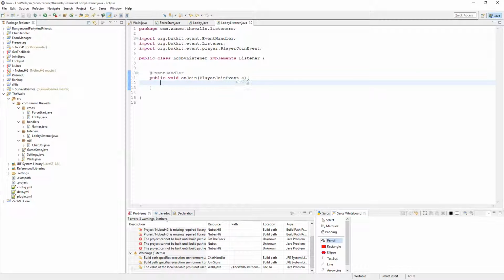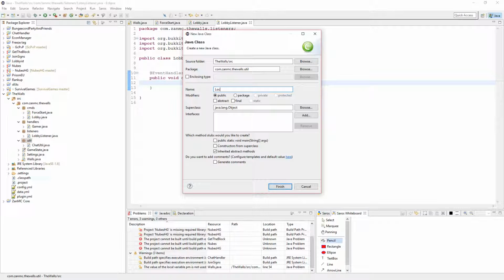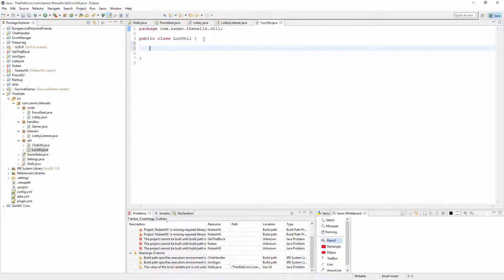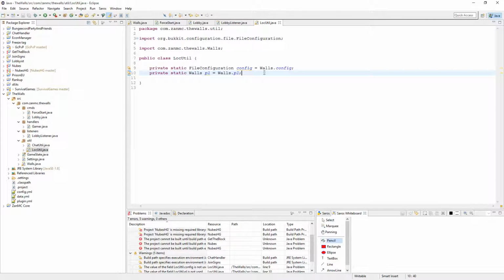Okay, we want to teleport them to spawn, so for that we'll just make the lock util now. Make a new class in the util called lock util, and we will do public FileConfiguration config equal to walls.config, and then public Walls pl is equal to walls.pl. Here we'll have to put both of these to static, but possibly keeping it private. Yes, private. And here we'll do public static void